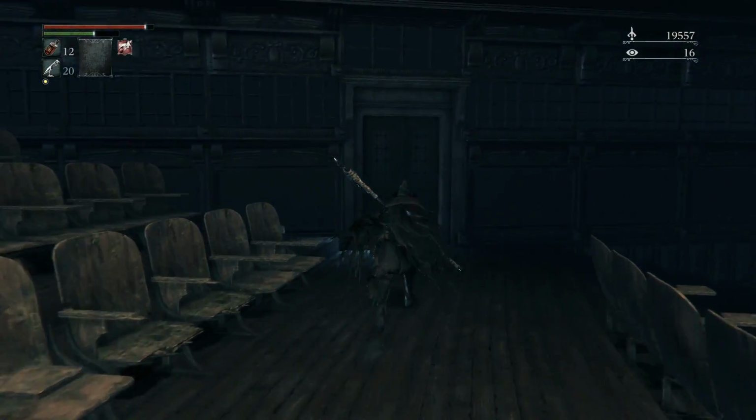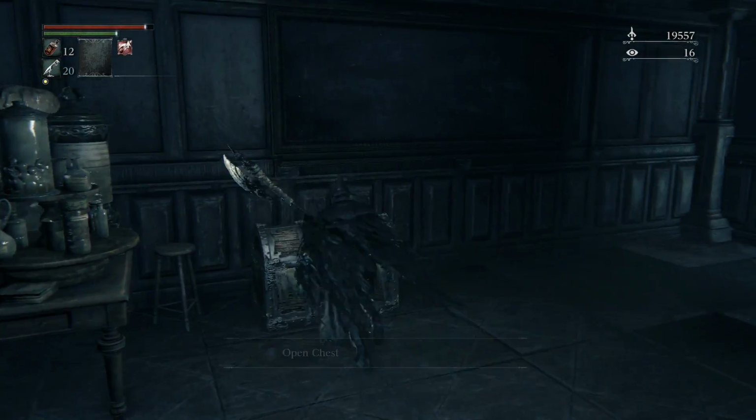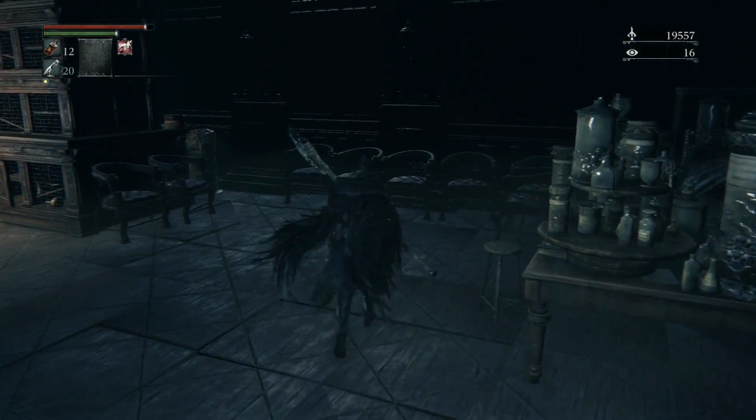It's definitely one of the faster methods of farming souls, just because it's come in here, clear, exit, come in here, clear, exit. You do have to warp back to the Hunter's Dream each time, but it's usually not that big of a deal. Augur of Ebrietas. This is